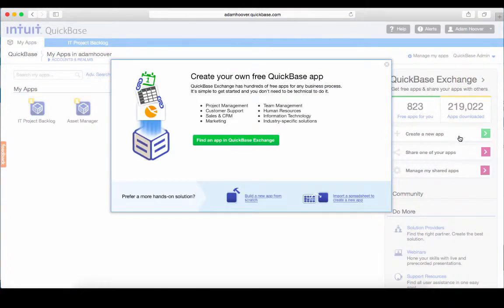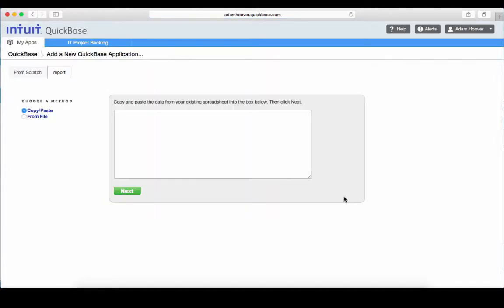You'll see that one of the options when you're creating a new application is to start from the data on a spreadsheet. And if you remember, a moment ago when we were looking at that request, we saw that sales had uploaded some sample data to provide a little bit of context. So what I can do here is click on the import option,